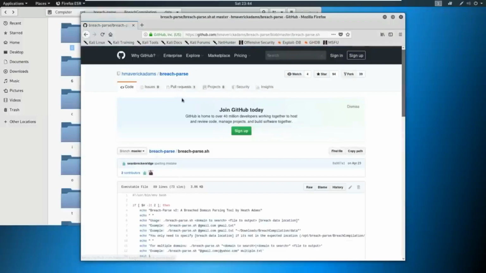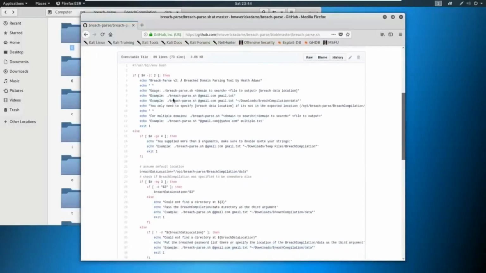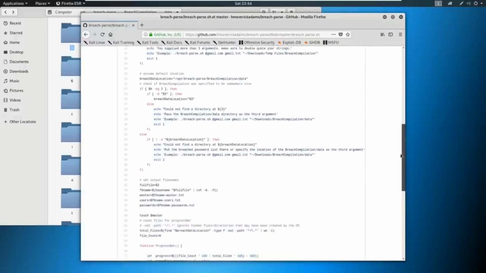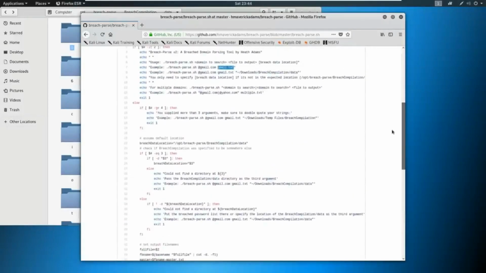So we can take a quick look at the tool and what it does. Basically, you just put in the syntax, you search for something like @tesla.com, and then you specify tesla.txt. It's going to search through all of these files for @tesla.com. If you're more interested in the code behind it, you're more than welcome to read the code in here and see if some of the items that we've covered already with the bash scripting and the Python scripting